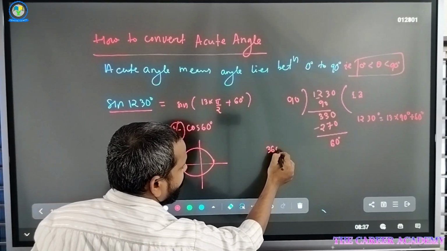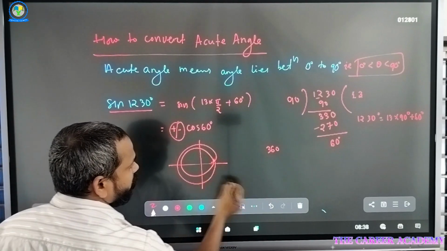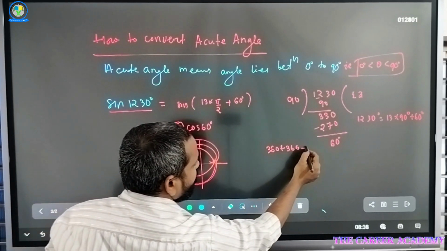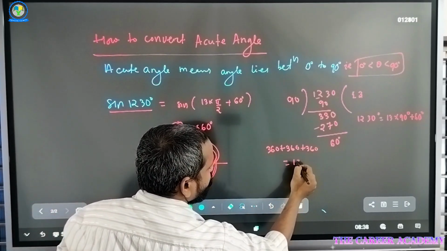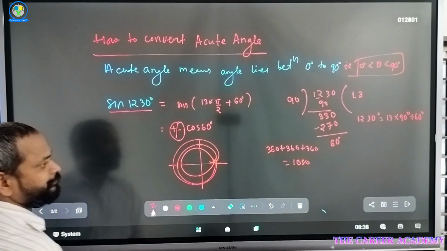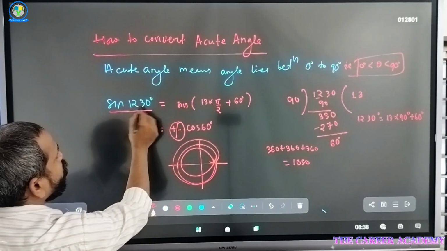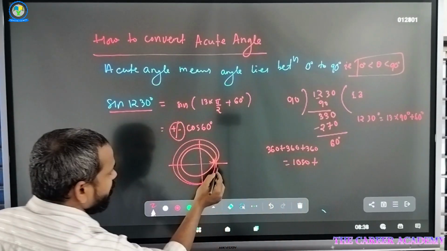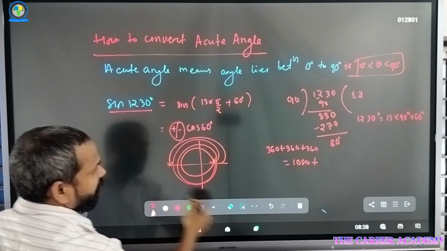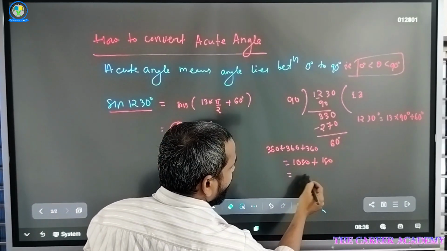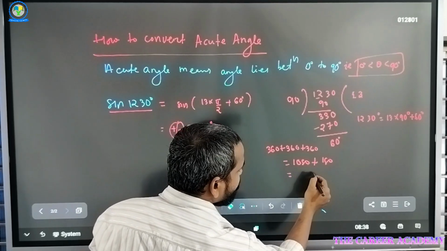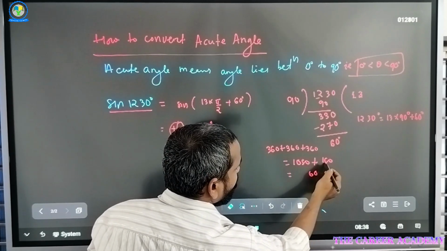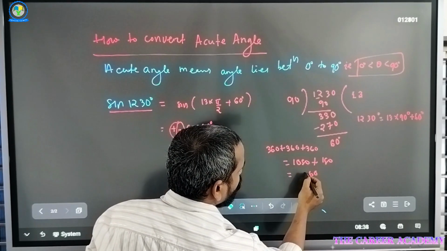It is 360 degree. Again do another rotation. It can be again 360 degree. You can do another rotation. It can be again 360 degree. That means it is 1080 degree. Plus 1230, what amount of angle do I have to do? If I do one more half rotation, it is again 180 angle. 180 means what? 1080 plus 180 is 1260, then 1 plus 2.